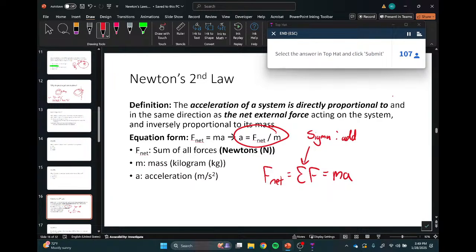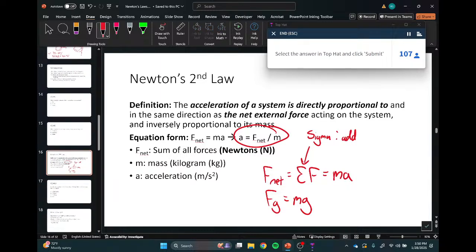So there's really only two more equations. We're going to find that the force due to gravity is m times g. I'm just going to foreshadow that for you all. a is g. That'll show up in a future slide. That's another equation. And then we'll learn the friction one. And that's it. Those are the last equations to teach you all before this upcoming test. And they basically all come down to this.